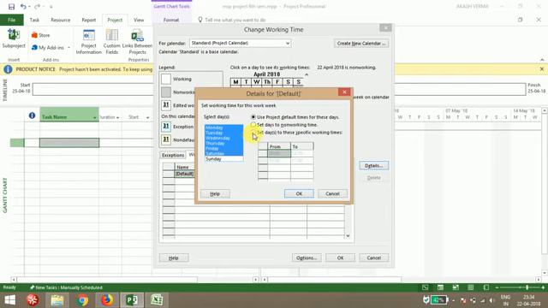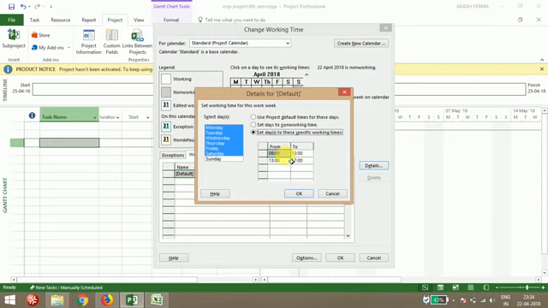Then just go to the third step, set days to these specific working times. Now you have to specify the time. I have set it from 8 to 12, then from 12 to 1, that is 12 o'clock to 1 o'clock, as the lunch time, then again from 1 to 5 o'clock I've given the working time.